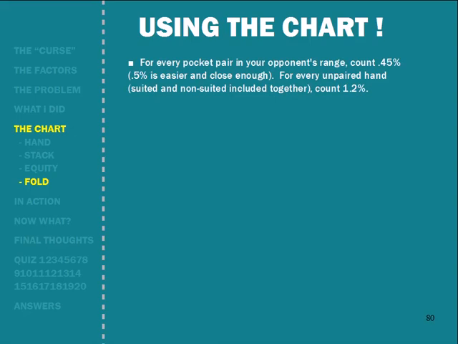So what you can do, though, is if you can think about what range of hands he will call you with, you can translate that very quickly into a percentage, right? So for example, what you do is for every pocket pair in your opponent's range, you want to count 4.5, and I don't even count 4.5. I count 0.5% because it's just easier. You're going to come close enough. So for every pocket pair, give him 0.5%, half a percent. And for every unpaired hand, and that means suited and non-suited included together, so ace-king would be ace-king suited and ace-king offsuit,